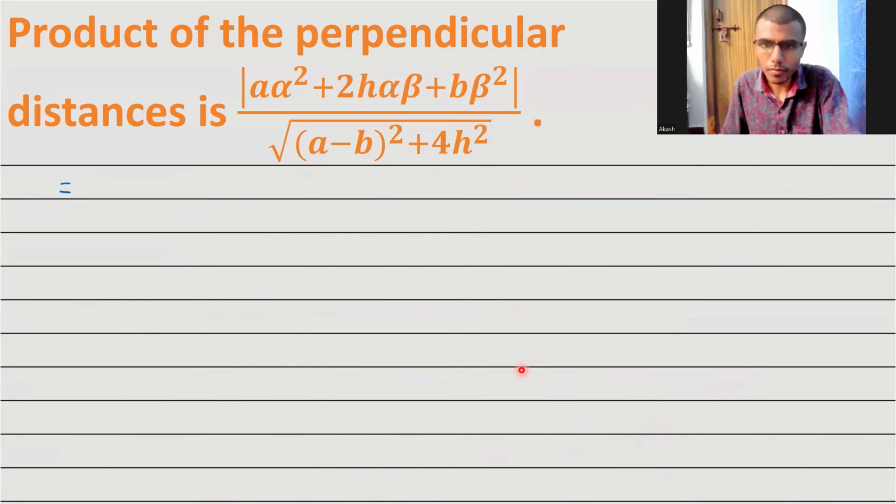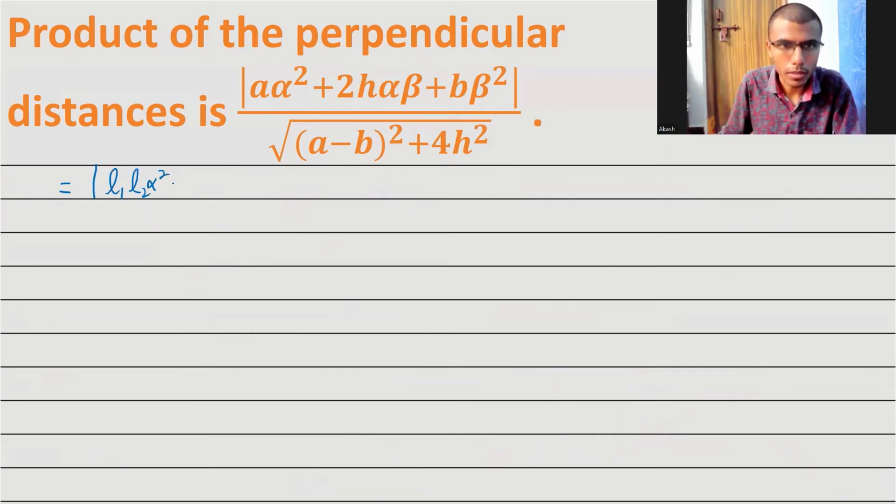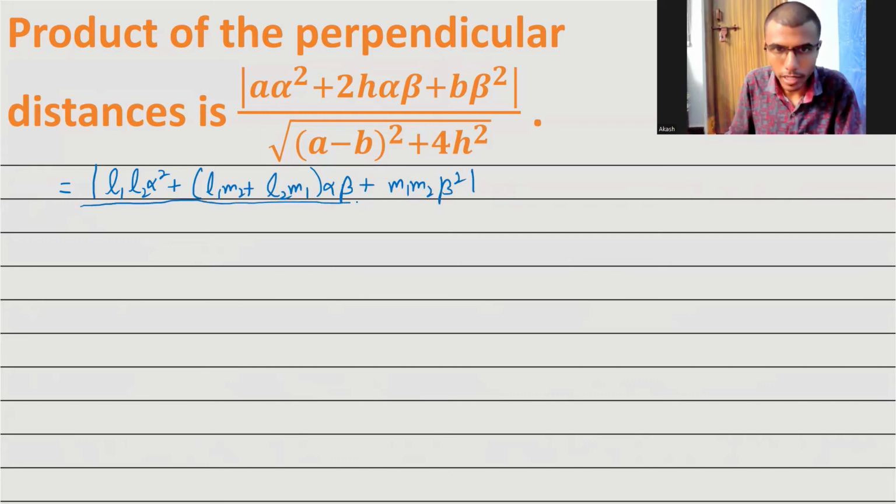So I'd get modulus of L1 L2 alpha square plus L1 M2 plus L2 M1 alpha beta plus M1 M2 beta square divided by, now under root of